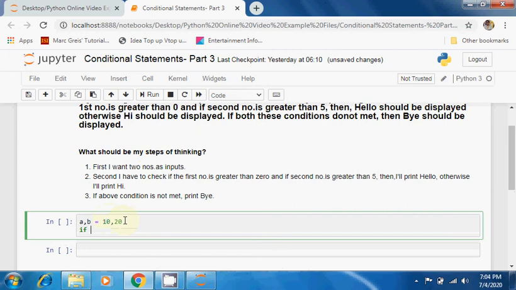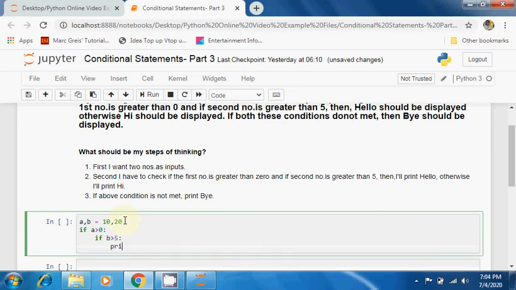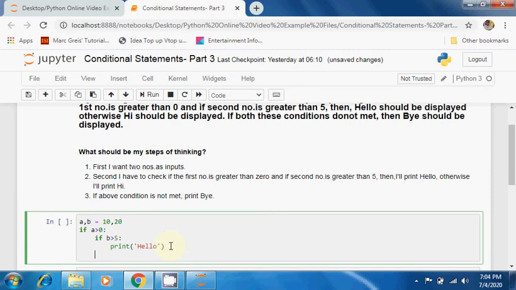Now if a is greater than 0 and if b is greater than 5, then print hello. So I'll print this inside quotes. Else colon print hi.